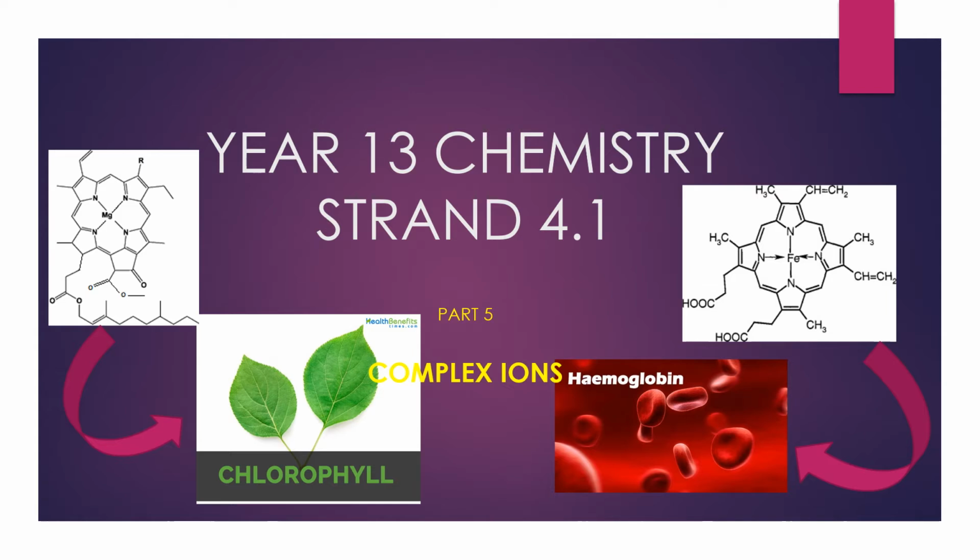So we are going to be looking at how to identify a transition metal by looking at its ligands and its coordination number. And also we are going to be learning how to name a complex ion. So this is a basic objective of this particular section. So let's look into what a complex ion is.